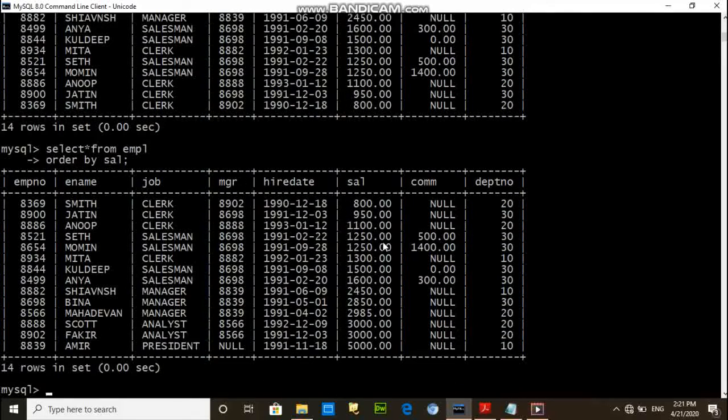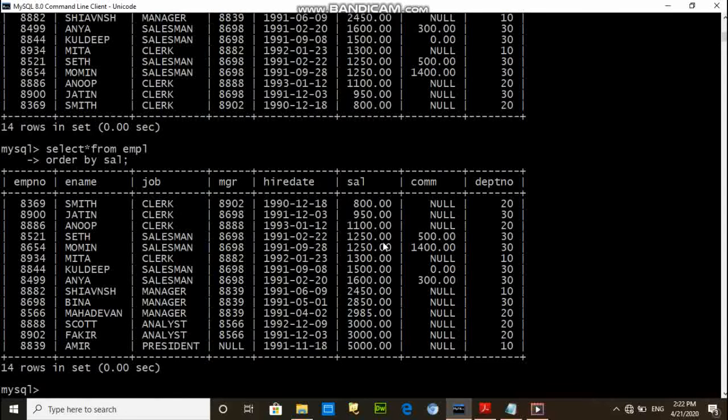That's clear. So this is the use of the ORDER BY clause. And second, we can also use ORDER BY with the WHERE clause also. So suppose that we want to find the records of only salesmen in the ascending order of the salary.